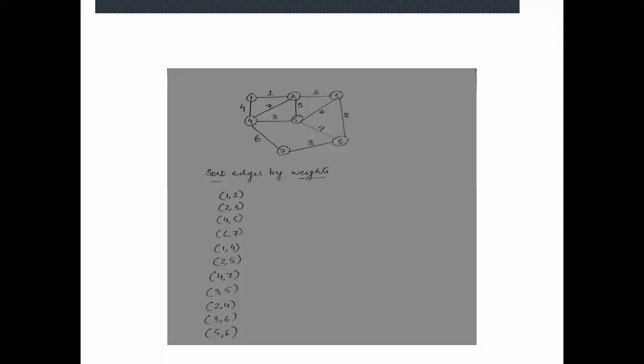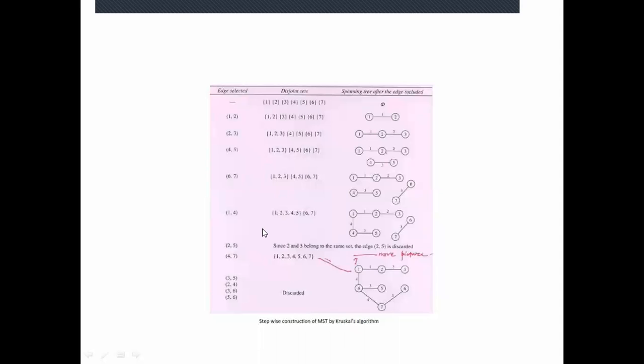So what I will do firstly, I will sort all the edges in the increasing order of their weight. So I have written all the edges in the increasing order of their weight. First 1, 2, 2, 3, like all these. Fine. So this is the solution. Can you see this thing? First of all, how many vertices are there?